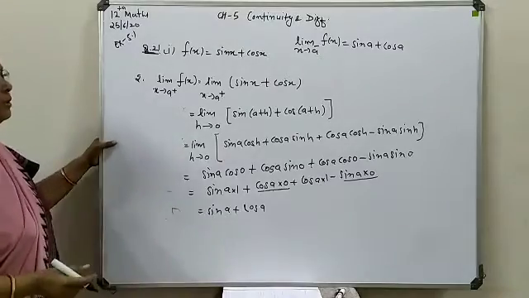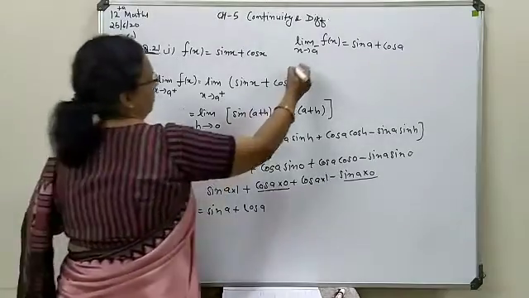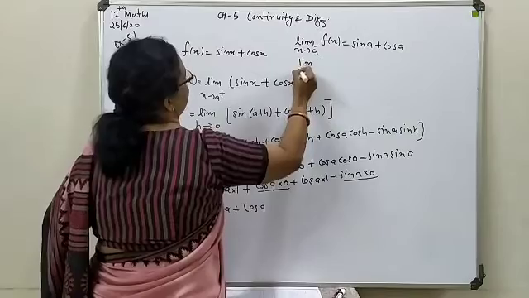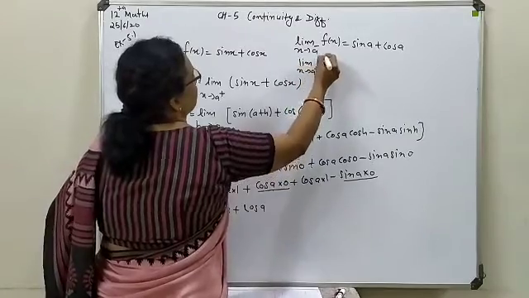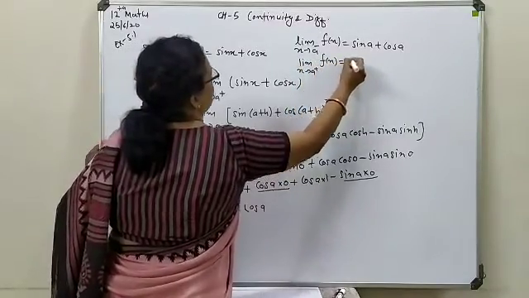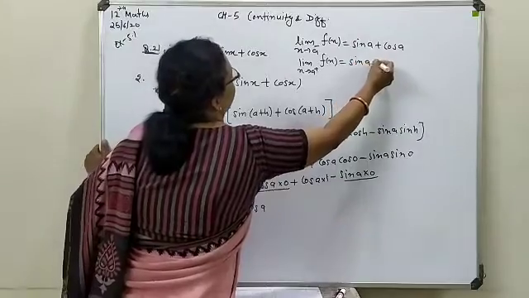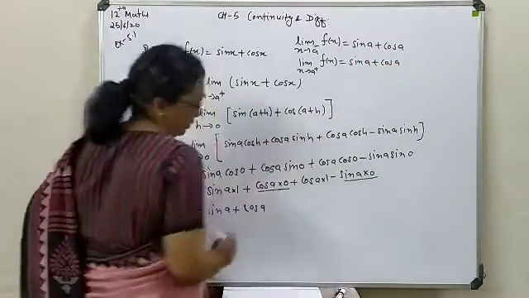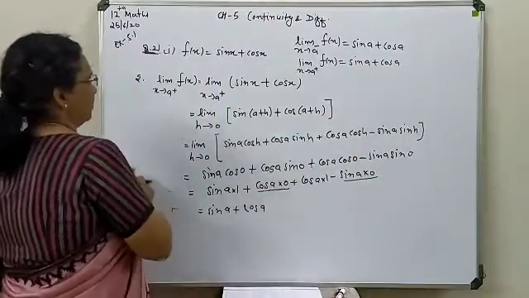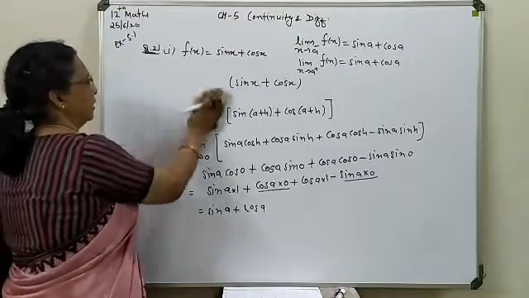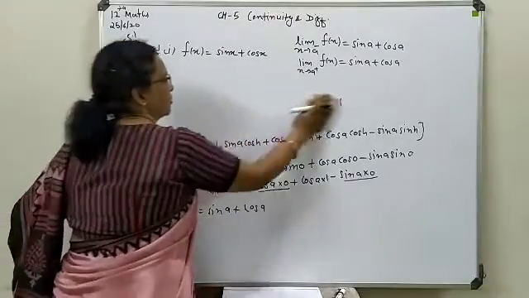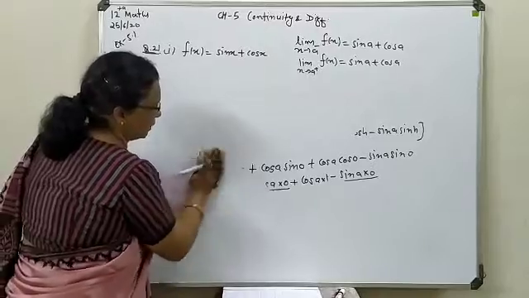So for the right limit also we generate the same type of relation as in the previous case, the left limit solution. The right limit also gives you the same type of solution. So these two are coming the same. Now one more thing we have to check, that is the function value at x is equal to a.